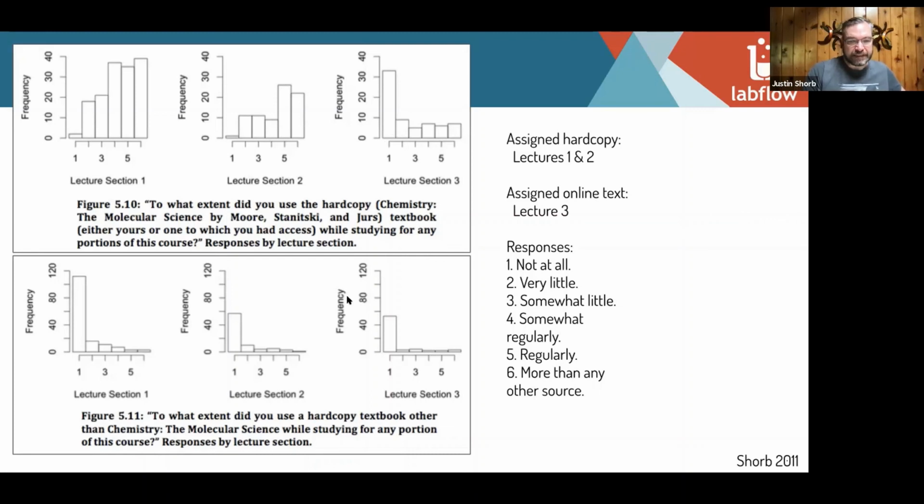What a lot of professors like to do is give as many resources as possible to students. They might say, hey, there are a bunch of good books out there on this subject. You should try reading a bunch of other ones. And this was done in this class as well. Other books are available in the library on reserve, that kind of thing. And you'll see all 3 sections didn't touch any books that were not the one that was assigned to them. So students don't really go out there exploring different books.